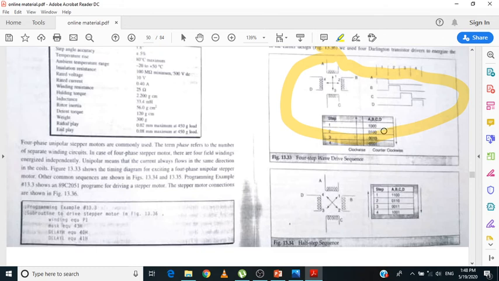It is a 1 0 0 0 1 0 0 0 1 0, and it is the order. Okay. So if you want to go with the half step, instead of drawing this one, you can simply write this particular binary combination if you want. Otherwise, you can skip it.